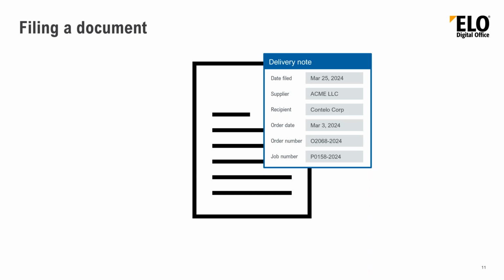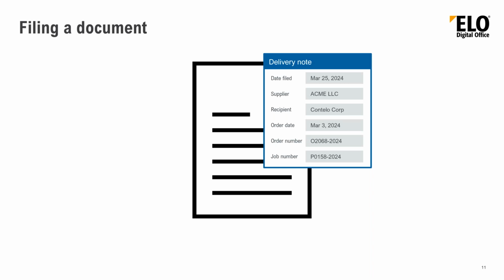That's the so-called metadata. And in this case, just an example, we need the information: when is the document filed, who's the supplier, who's the recipient, when was the order date, what is the order number, and what is the job number. Because with this information, you know which kind of document this is, in this case a delivery note, and you have some more information to analyze them afterwards,